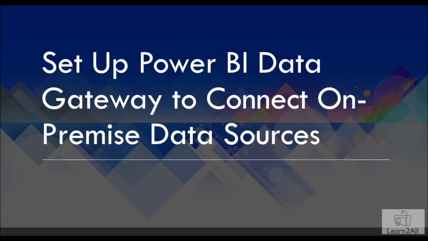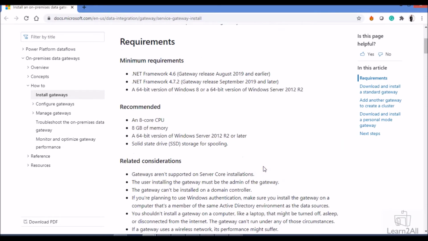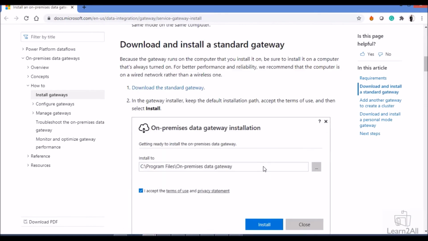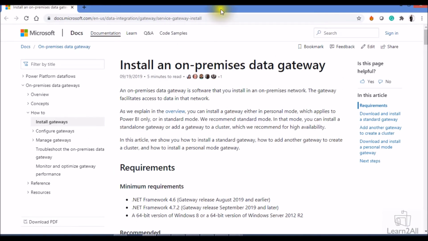In this session I'm not going to discuss any of the prerequisites. I am going to create a separate video session for that, covering the things that we need to consider. Still, you can go with this Microsoft documentation for the information if you need that in advance. I am going to provide this link in the description box.